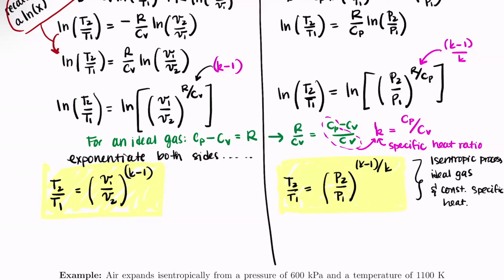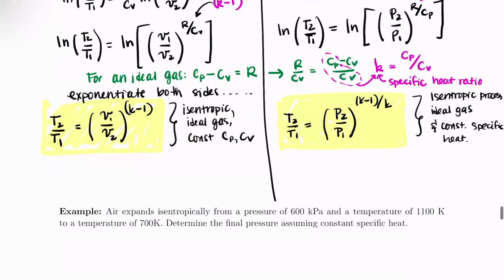Okay, so for both of these: isentropic, ideal gas, constant CP or CV. Okay. You can also combine these expressions